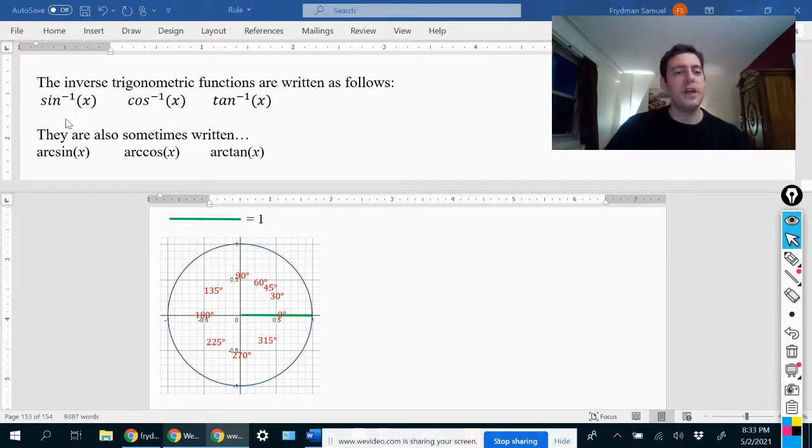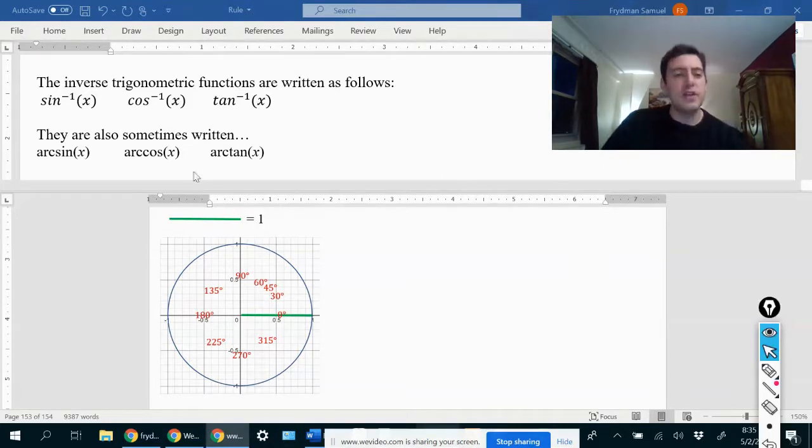Okay, now these inverse functions are also sometimes written like this: arc sine, arc cosine, arc tangent. So arc sine of x means exactly the same thing as the inverse sine of x, and same with these and these over here. Now, the reason the inverse trigonometric functions are sometimes called arc sine, arc cosine, etc., is